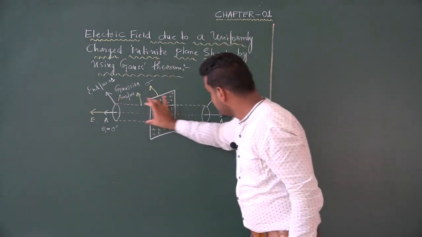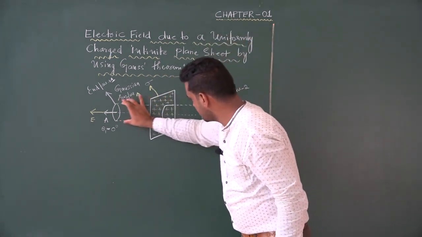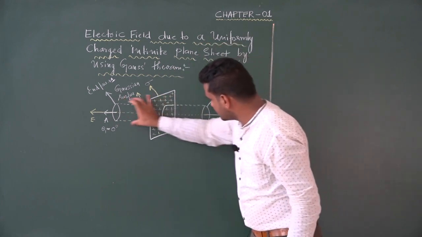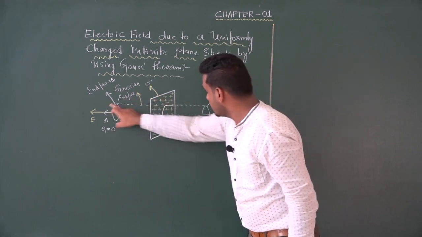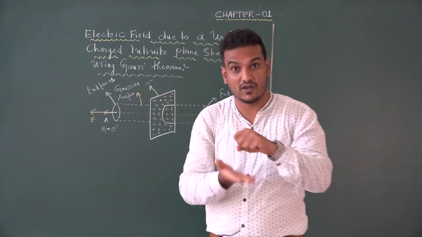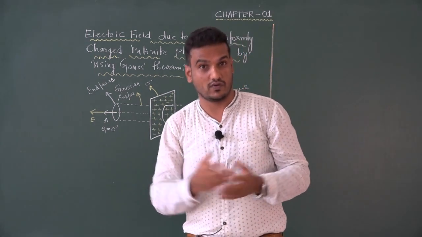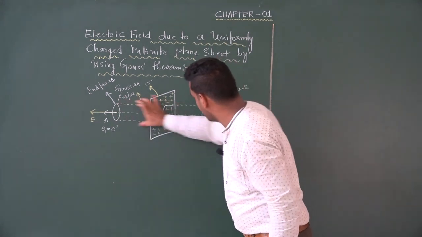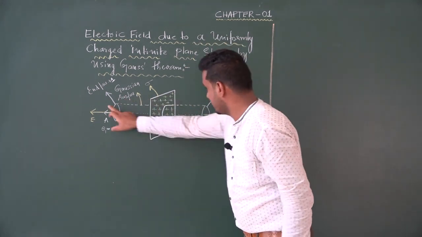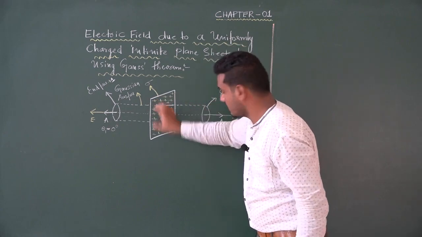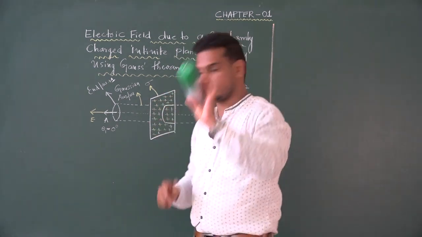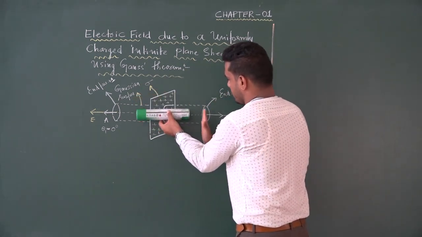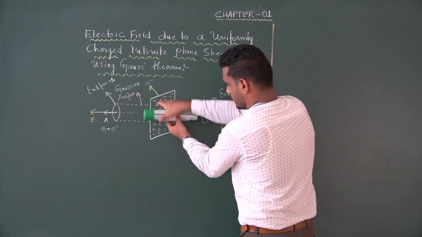Again I consider a cylindrical Gaussian surface. Look at this cylindrical Gaussian surface. This cylindrical Gaussian surface has two end faces. There we studied flat circular surfaces. Like that also we can take, not a problem. So here two end faces: end face 1, end face 2, and one curved surface, like this. You can imagine.